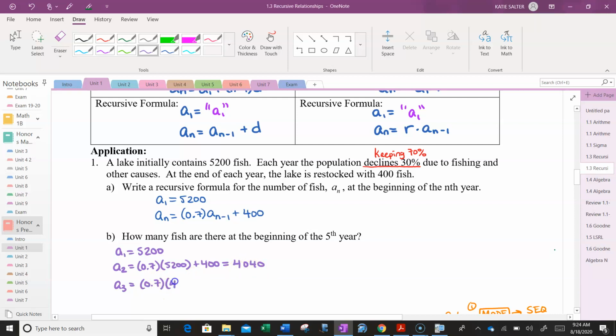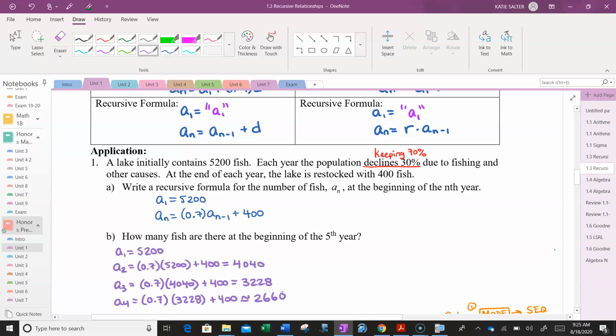So to get a sub 3, we would say 0.7 times a sub 2, which is what we just calculated. This is why you got to use a recursive formula here, because you have to have the year before to be able to calculate the next year. And then we'd say plus 400. So that gives us 3,228. All right, so then to get a sub 4, we would say 0.7 times the previous year, which was 3,228, plus 400, which gives us approximately